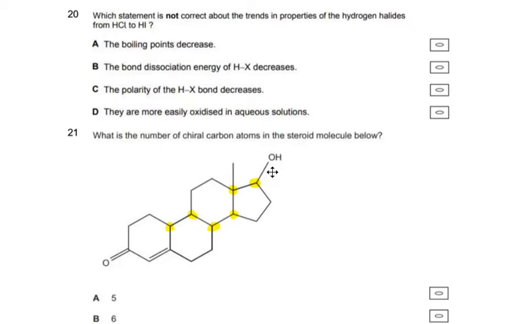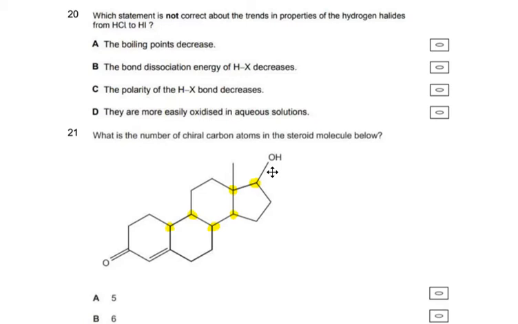The incorrect statement is A. And the reason for this is quite complex. Although the polarity of the bond decreases, which will reduce the strength of the permanent dipole-dipole interaction, the boiling point actually decreases because the effect on the permanent dipole-dipole intermolecular force is outweighed by the effect on the van der